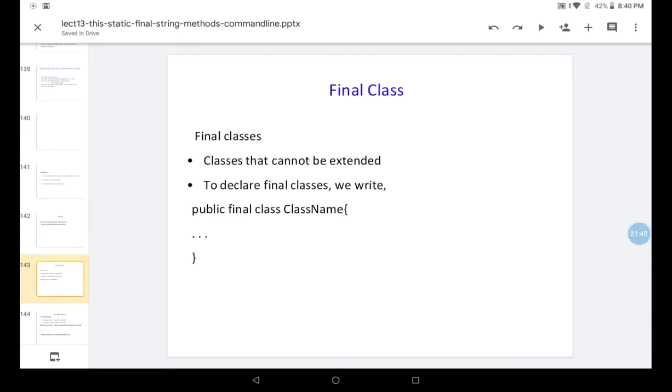Final classes cannot be extended. To declare a final class, we write public final class, then the class name. So what is final? Final means it is final, that's it. There is no more extension, no more creating subclasses from this existing class.